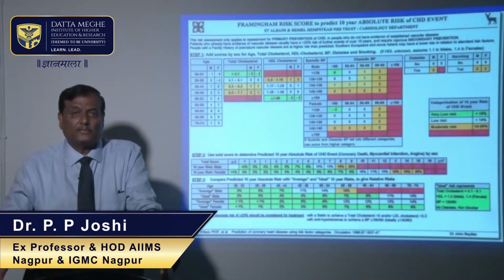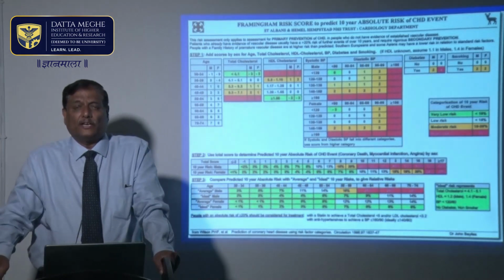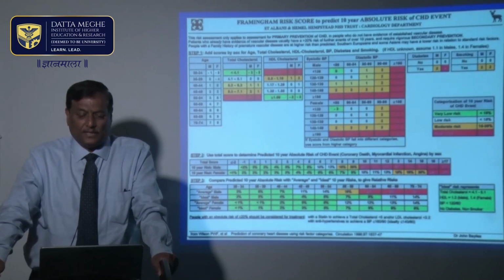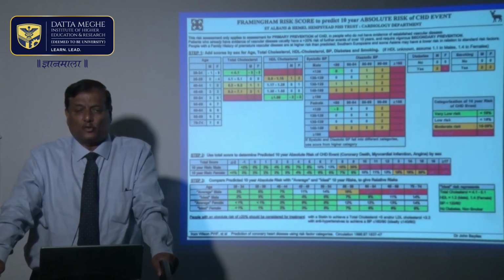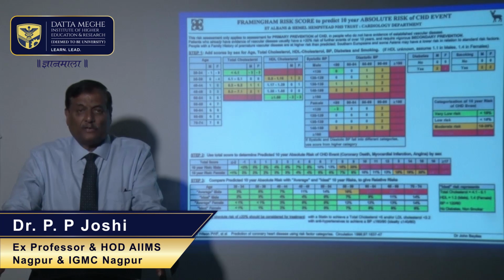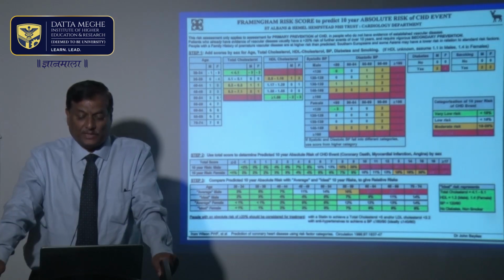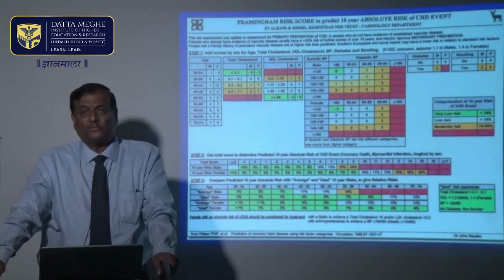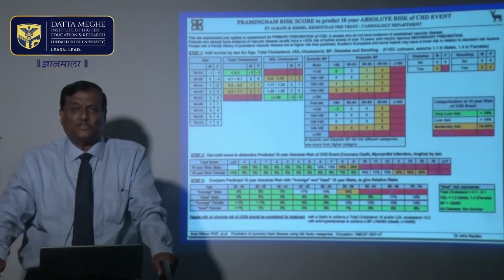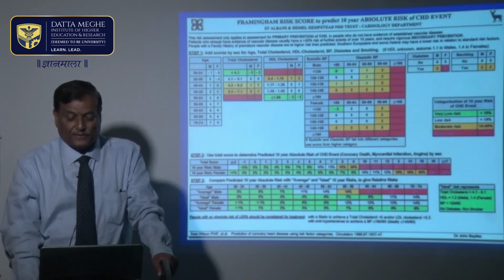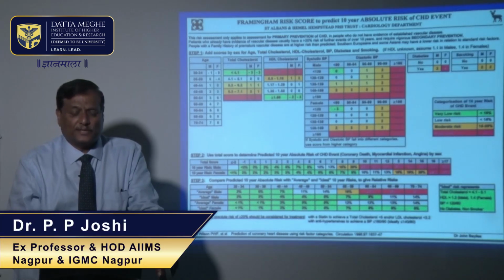So, what is very important is that we do not treat the figure of blood pressure, but we treat the patient as a whole by calculating the risk, and this is the risk of developing a heart attack or a paralytic stroke. For example, there is the Framingham risk score, which will take into account the age, the sex, the cholesterol, lipid profile, the smoking status, whether the patient has diabetes, the level of blood pressure. All these things will be collated, and we can categorize the patient into low risk, moderate or high risk patients. And patients who are at high risk need to be treated very aggressively.